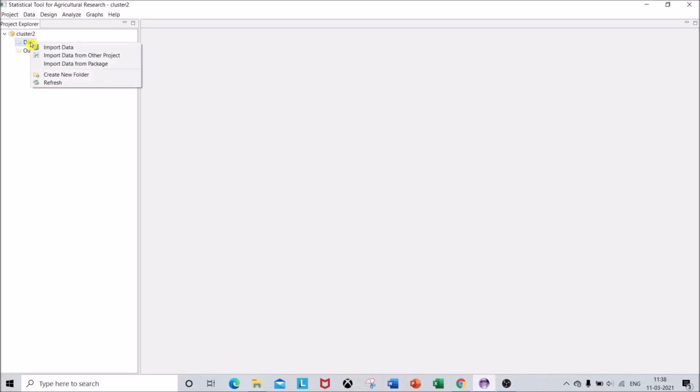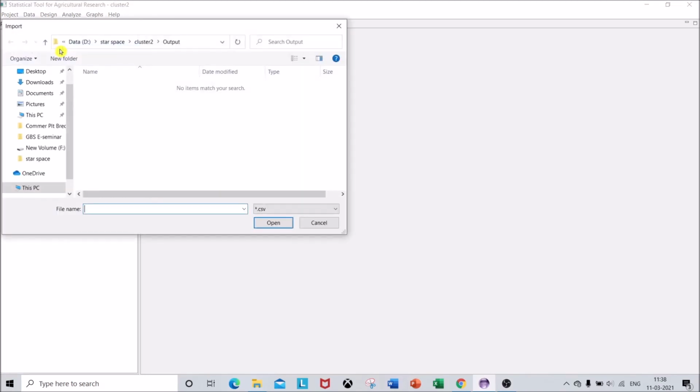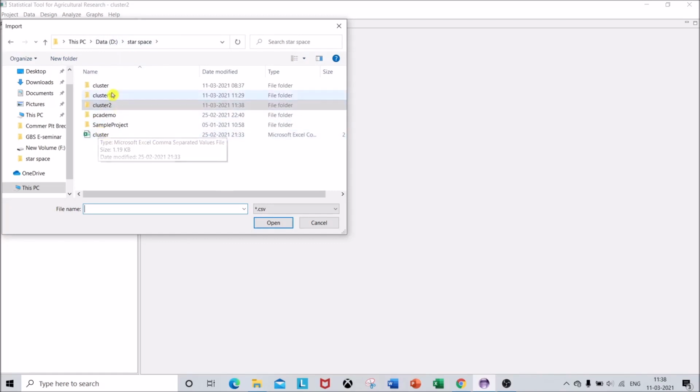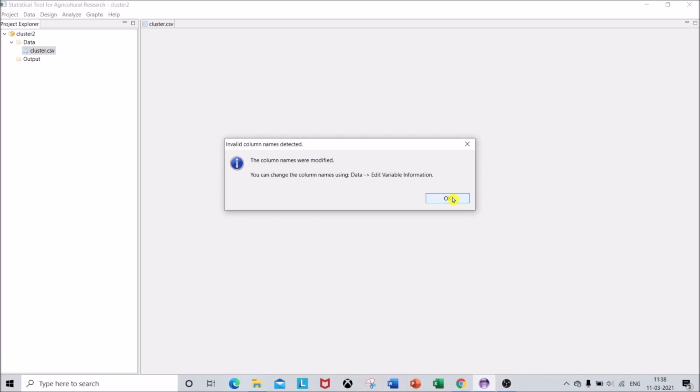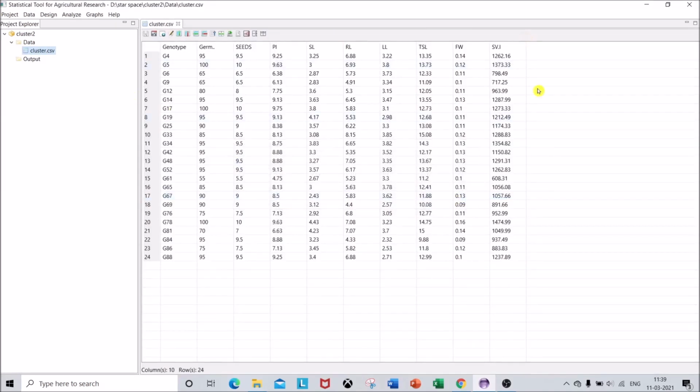Right click on it and click import data, and I have saved the file in this folder. Just select that file, click on the drop down menu and click on this cluster.csv. It is essential to click on that so as to visualize the data in your working table of this STAR software. Then only you can go for analyze.